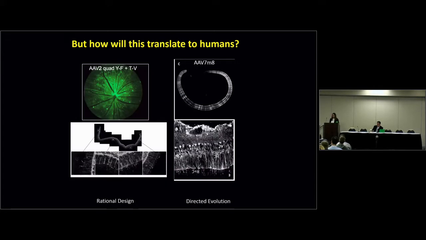So I'm showing for you here the result of many years of work from multiple groups, but this is an example of a rationally designed capsid variant, as well as one that was mined from directed evolution of an AAV2-based capsid library. Now, both of these variants have shown quite a bit of promise following intravitreal injection in mouse retina. So you're seeing pan-retinal, outer retinal transduction following intravitreal injection of either of those two capsids when they're injected into